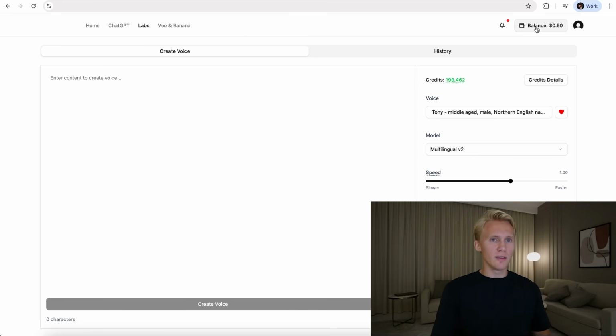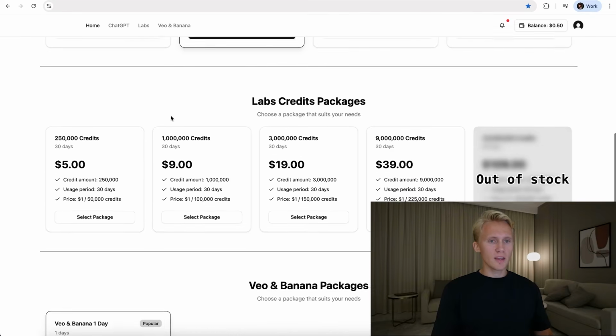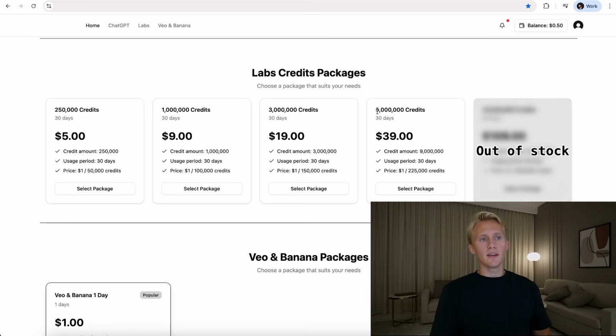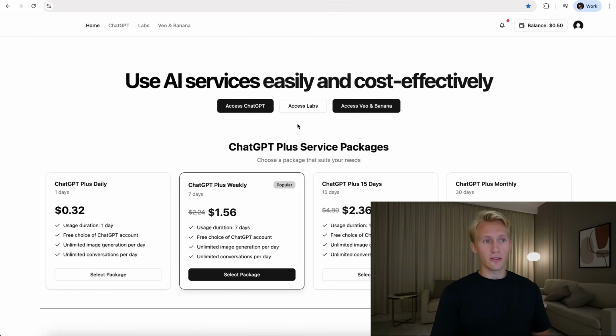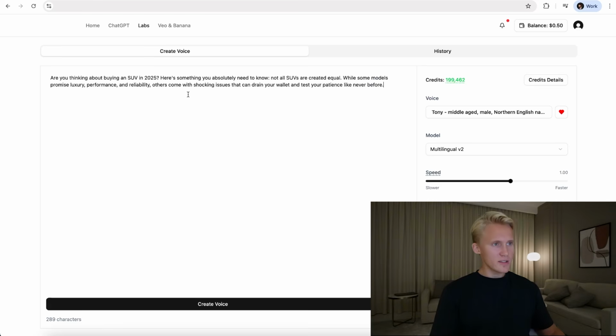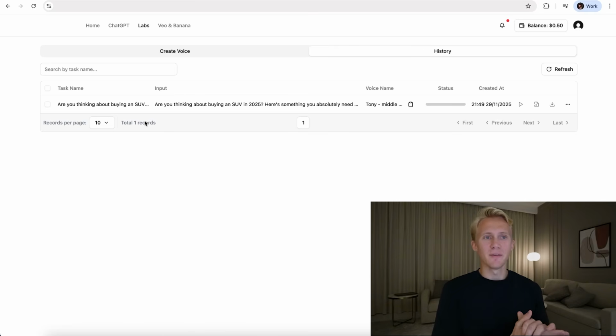So if we would go to the, let's see if you can see the pricing here. Yeah, so if we go to the voice credits, you'll see that we get 9 million credits for $39. On 11 Labs, this would cost you approximately $1,500, I think is the correct price. So it is very much more cost efficient. And there are other tools like ChatGPT, Leo3, Banana, whatever. So you can use this like this. Just paste in your voiceover. I'm not sure if we have the best voice right now. Create voice. And we would have the cheapest voiceover that you can possibly get generated with the exact same quality as 11 Labs.